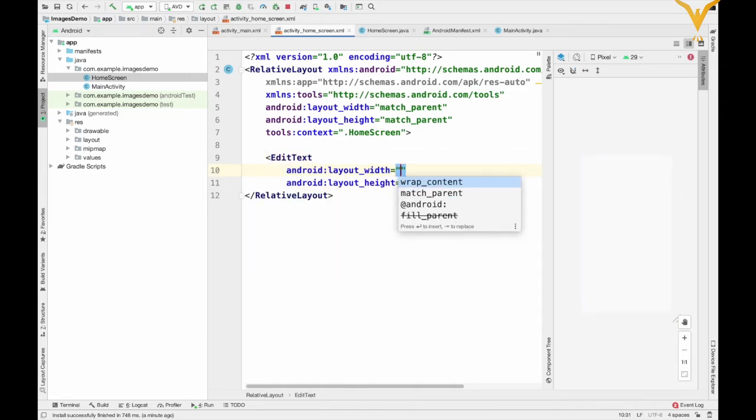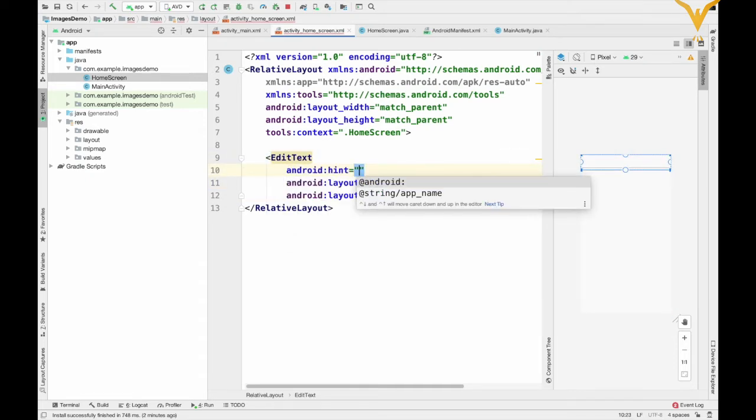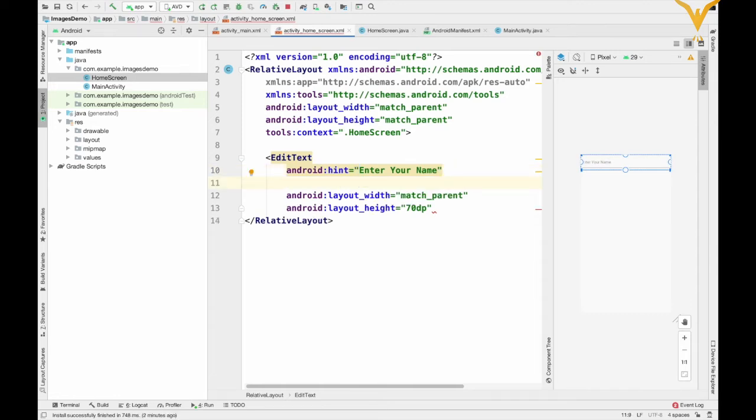In your HTML, in your ASP, JSP, you have already seen the concept of text box. Here similarly it is given as edit text. We'll keep the width as match parent and height as 70 dp. Here we will add one hint where we will write enter your name, then we'll add one id txt name.